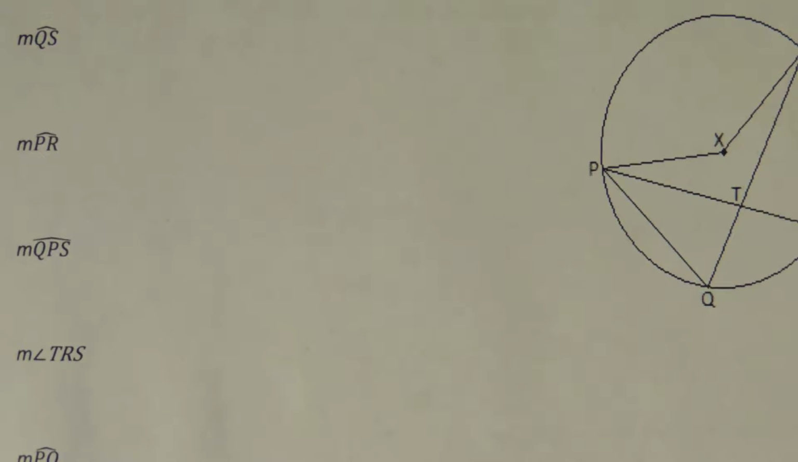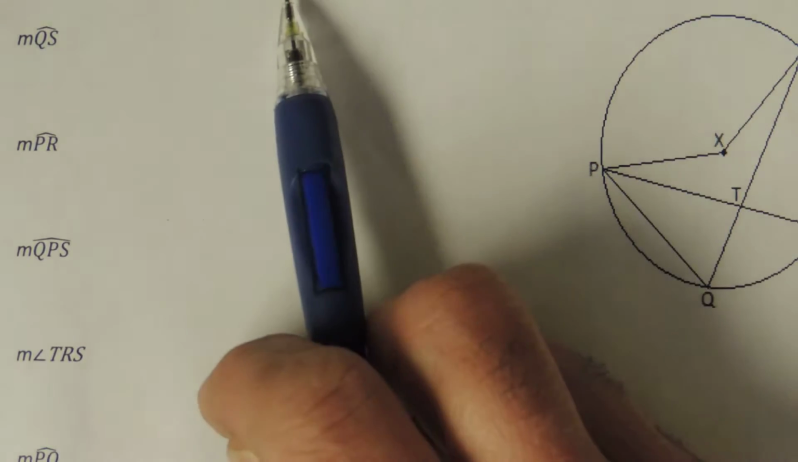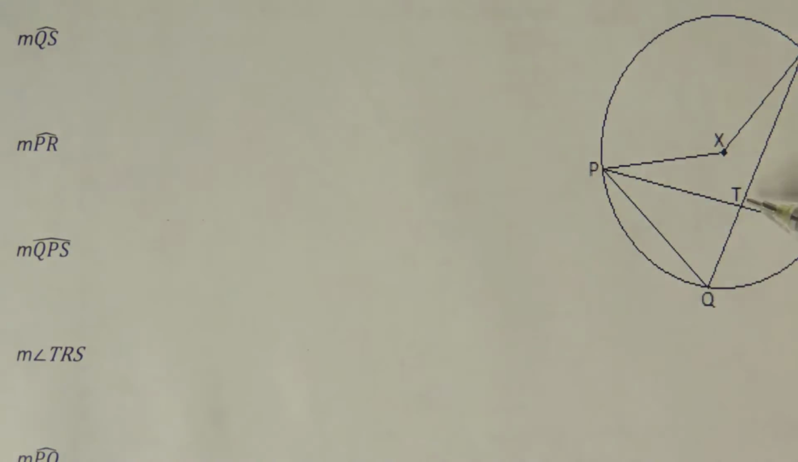Welcome to the video for the cmic3 Unit 6 practice test on circles. Question number 2. In the circle with center X below, measure of angle TPQ